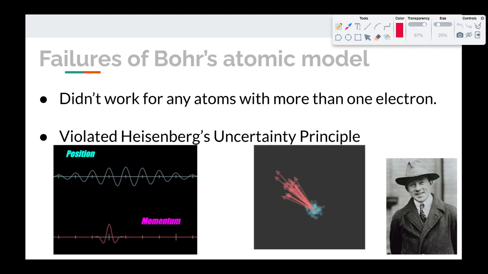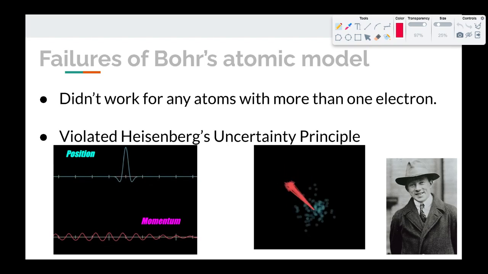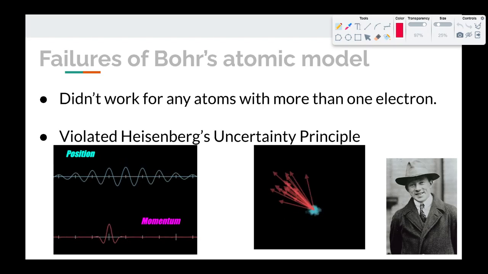Here's a little bit maybe easier to understand graphic that tries to get at explaining this. You can see that as the red arrow that explains the momentum, or the velocity, where the thing is going, becomes more certain, it becomes like one solid arrow. The where it is, that's the blue dot, becomes really fuzzy. You don't really know. And vice versa. When the blue dot becomes very solid and certain, the momentum arrows are like all over the place. It splits up into lots of different possibilities. That was the idea of Heisenberg's uncertainty principle.